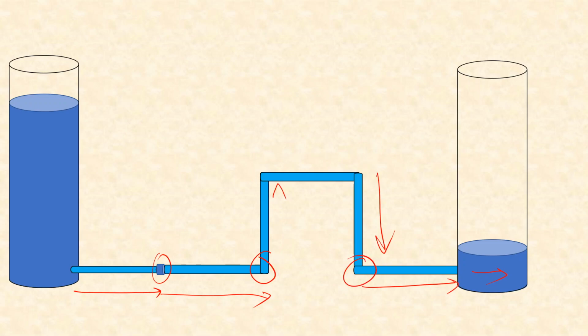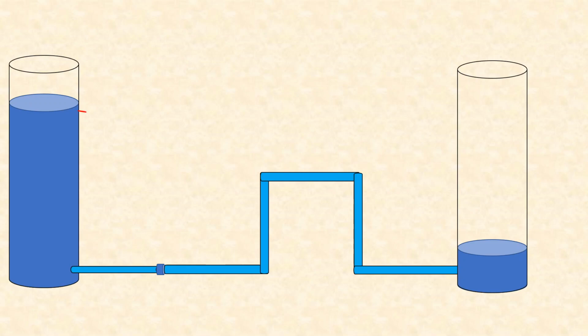So if you try to draw the hydraulic gradient line or total energy line, we'll start with the entry loss here, and the hydraulic gradient line will be coming like this. Then at this point some loss will take place and it will have a small drop and then again start coming. And if we consider that this pipe is of slightly greater diameter, then this portion of the line will have a slightly flatter slope,